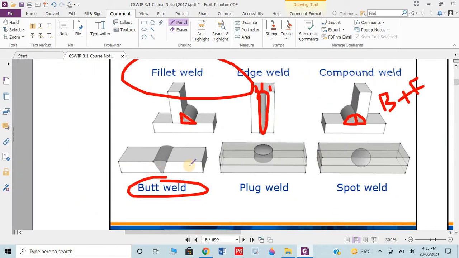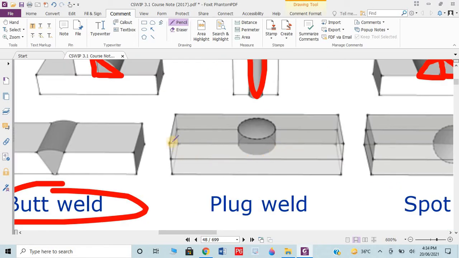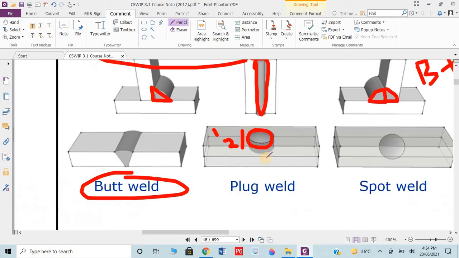Then we have simply butt welding. Then we have plug welding. If we want to join two bodies, if I consider this is body 1 and this is body 2, and I want to weld both bodies with plug welding, then I need to make a hole in both bodies, some area in body 1 and some area in body 2. Then I need to weld inside the hole. That's known as plug welding. Wherever we need to make a hole is plug welding. Then we only weld this portion, not that portion.